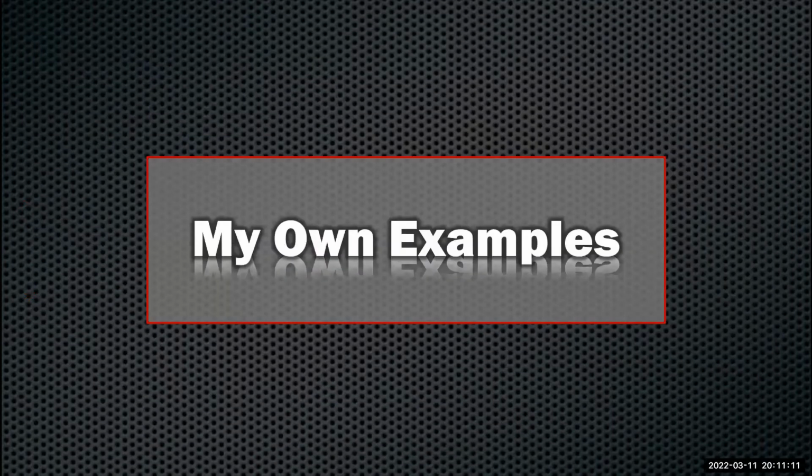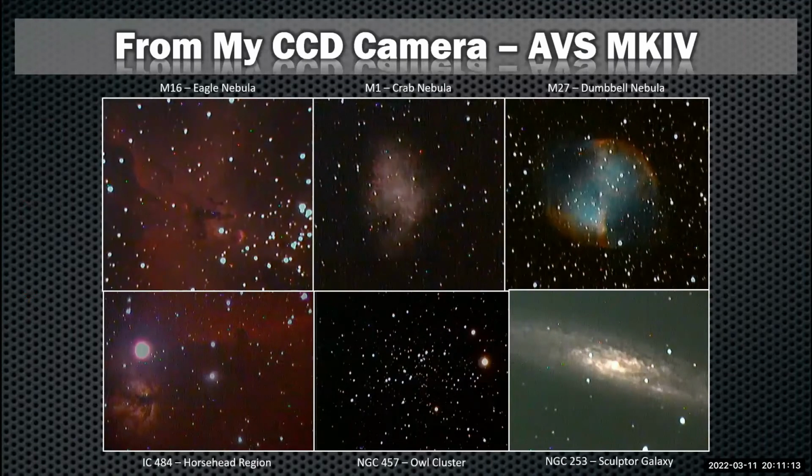And these are some of my examples. So the first ones are all from a CCD camera. So this is going to be standard resolution, low resolution. And none of these are going to be over 20 seconds long. But you can see we've got some nebula, we've got a galaxy, we've got an open cluster. But you do have some blocky stars, and it's a little bit hard to see, but in some of them you'll see some very bright green and red little dots. That's the weird hot pixels that I was talking about.